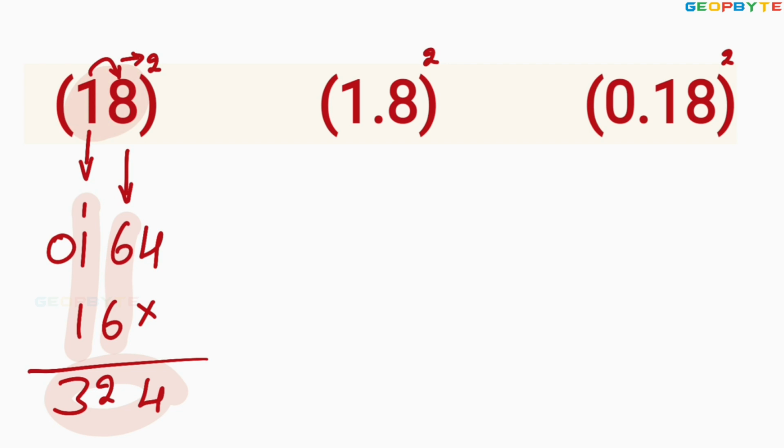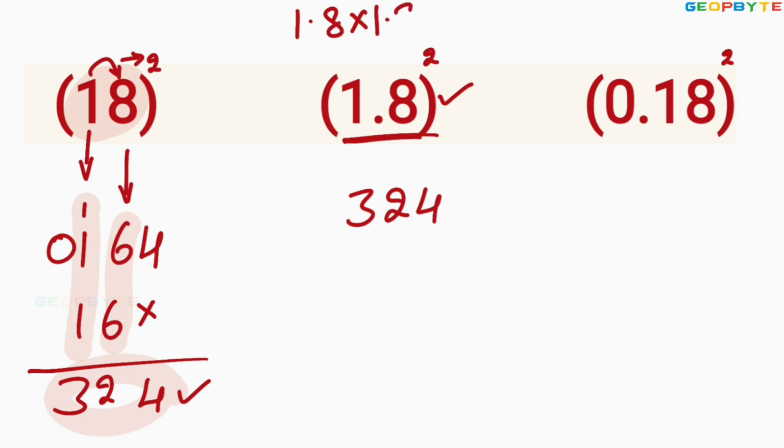Then for getting the 1.8 whole square, you take this number 324. Then 1.8 square equal to 1.8 into 1.8 only. The number of digits after the decimal point is 1, 2. After 2 places you mark the decimal point for getting your answer. 3.24 is the value of 1.8 whole square. Is it not easy? Yes.